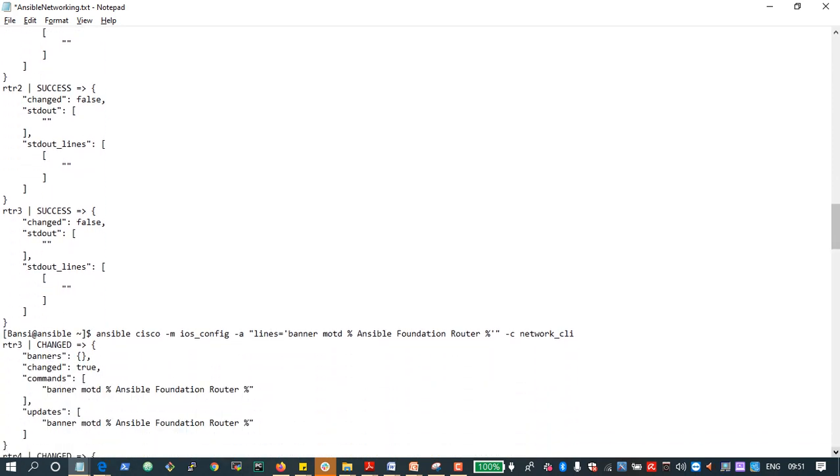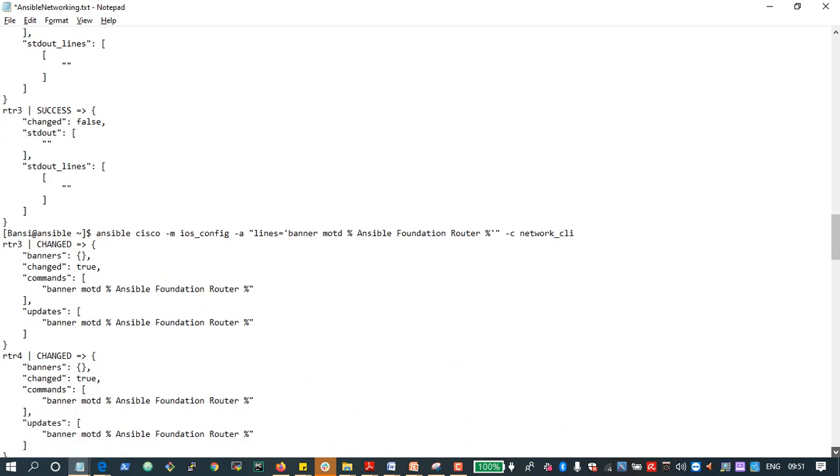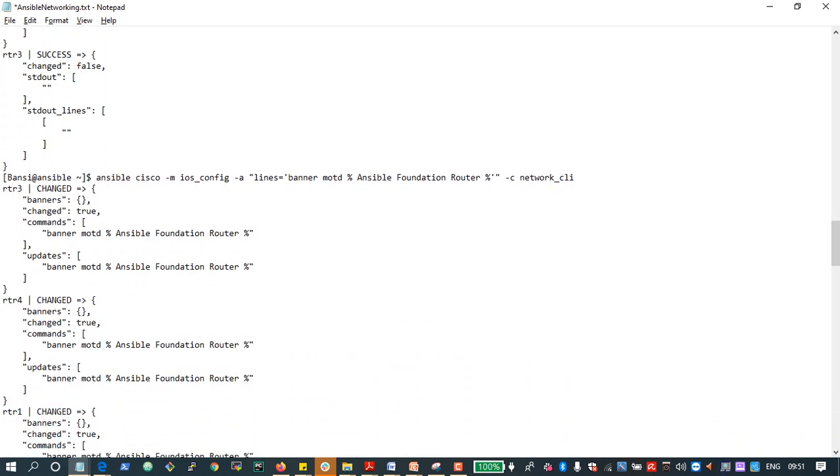Similarly, the banner also I have changed, and it will send. So these are all ad hoc commands. An ad hoc command is nothing but when you are directly writing ansible from the control machine, writing commands to control the managed nodes. It will execute without writing a playbook. In the command line itself you have written it, so that is called an ad hoc command.